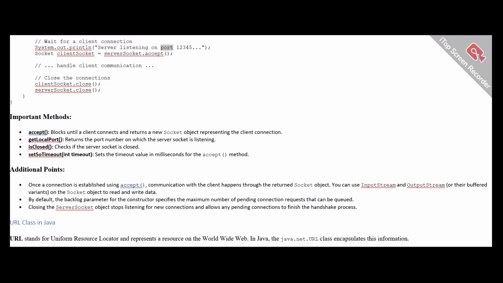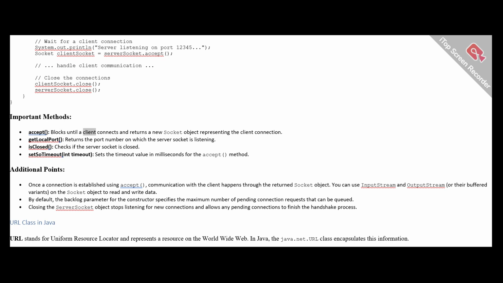System.out.println("Server listening on port 12345"); Socket clientSocket = serverSocket.accept(); // handle client communication. // close the connections. clientSocket.close(); serverSocket.close();